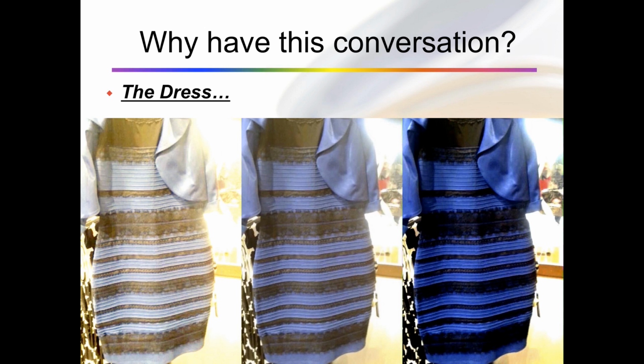Some people saw black and blue. Some people saw white and gold. Everybody was looking at pretty much the same picture, and yet so many different people were swearing by seeing different things. So this is just a fantastic illustration and opportunity to talk about why we need to be very considerate of the human eye when we use it to visually evaluate color. Keeping in mind how much controversy or discussion came up as people would argue, you'd have your white and gold camp, your blue and black camp, and it got very heated online. So let's talk about why that may have been.